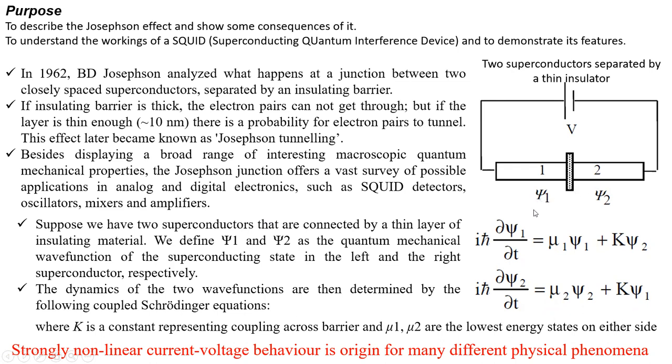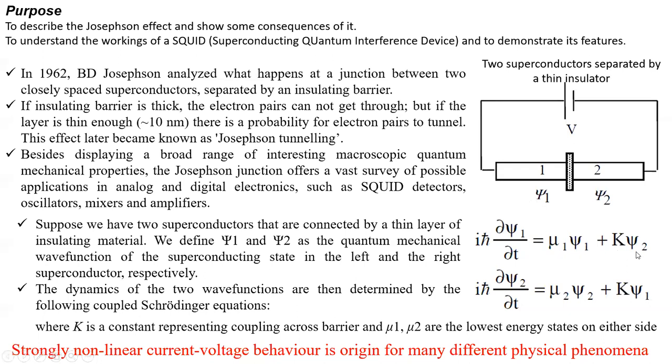one can write the dynamics of the two wave functions, which can be determined by the Schrodinger equations, particularly coupled, because these two are linked. iħ ∂psi1/∂t must be equal to mu psi, because of the two wave functions which are coupled. iħ ∂psi1/∂t must be equal to mu1 times psi 1 plus k times